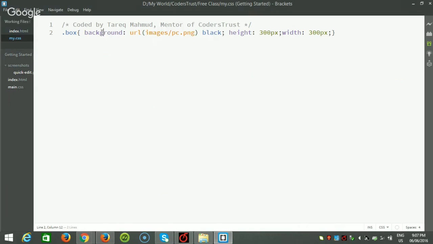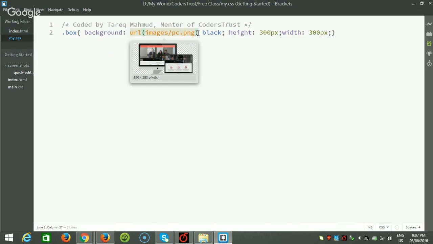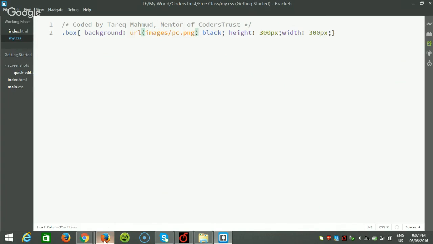You can see there is a background image, and also you can see there is a color, this black. With the background property, you can give both the image and the color. The image is a transparent image, so that's why the black background is shown here. If you remove this color,